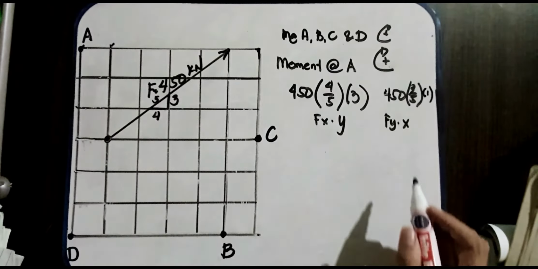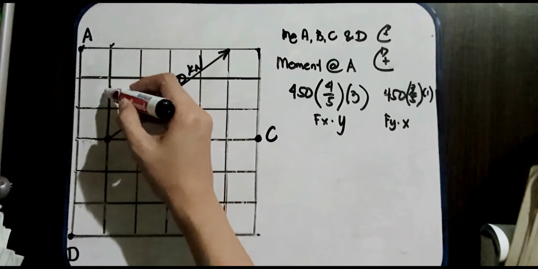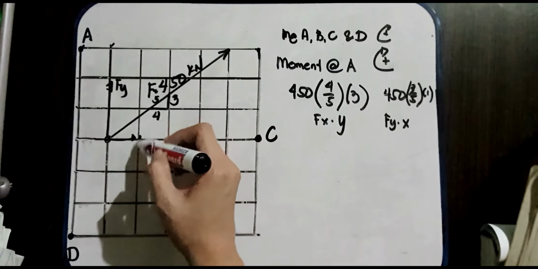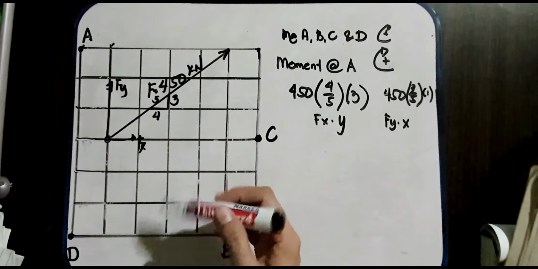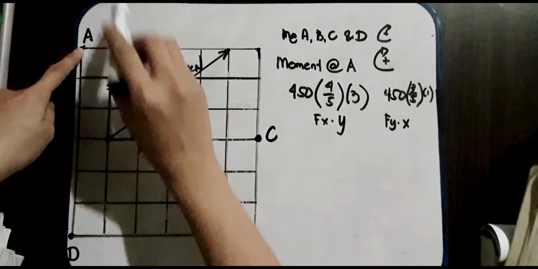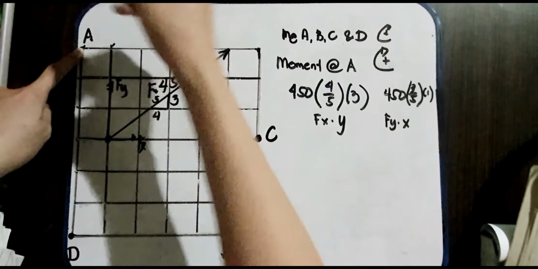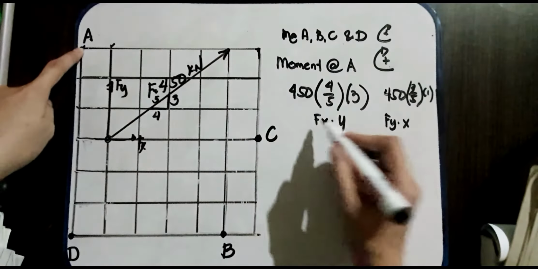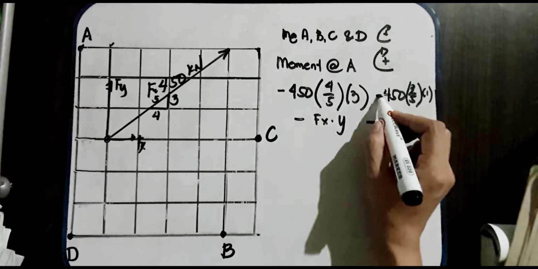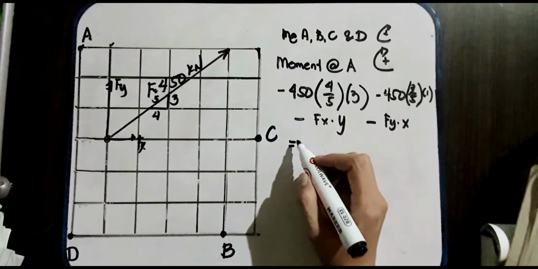So, tignan natin yung sign convention. As you can see, ito, lagay natin dyan. This is your fy, and this is your component fx. Okay? Kung ito yung hawakan natin as reference natin, so, ibig sabihin, that is counter, kasi yung paikot niya pa ganun. How about this one? Counter din siya pa ganyan. Okay? So, that is negative and negative. So, lagyan natin negative, negative. So, therefore, our answer must be